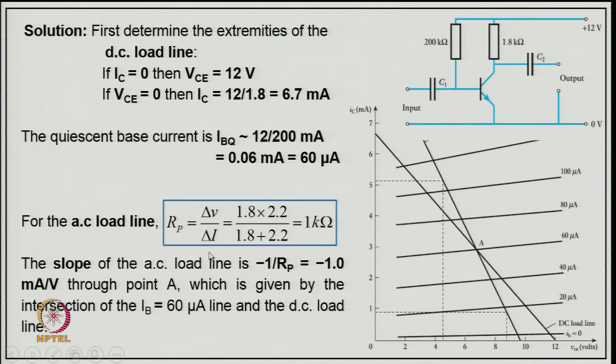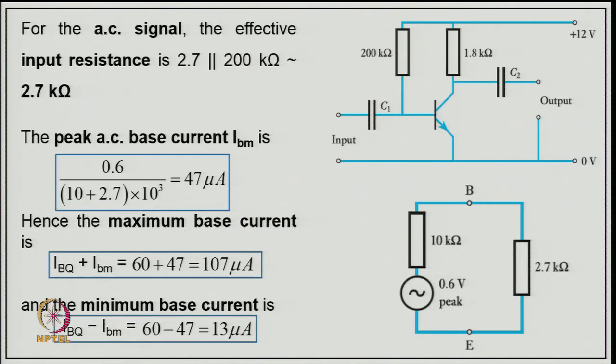RP will be delta V upon delta I, that is 1.8 into 2.2 divided by 1.8 plus 2.2, that is typically 1 kilo ohm. So, the slope of the AC load line is minus 1 upon RP, that is minus 1 milliampere per volt, through a point A, which is given by the intersection of the IB equal to 60 microampere line and the DC load line. So, for the AC signal, the effective input resistance is 2.7 kilo ohm in parallel with 200 kilo ohm, and that is 2.7 kilo ohm, and peak AC current will now be 0.6 divided by (10 plus 2.7) into 10 power 3. So, it becomes 47